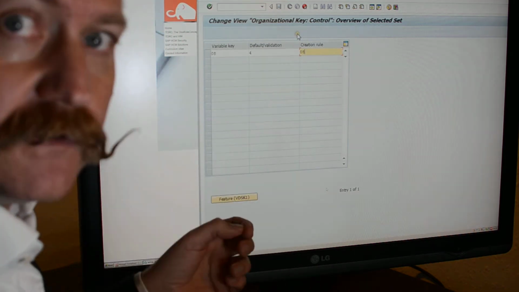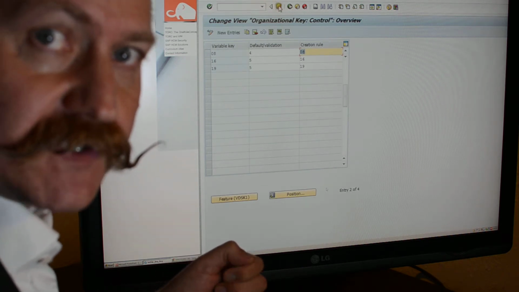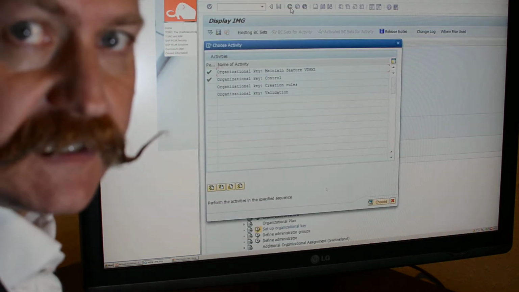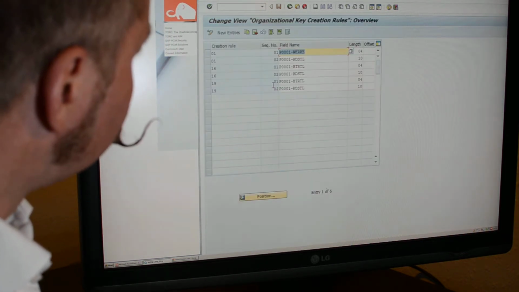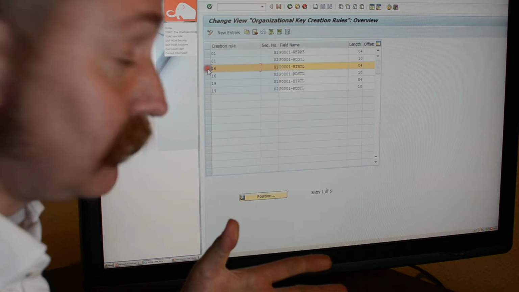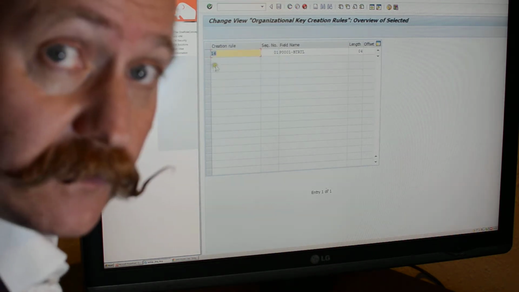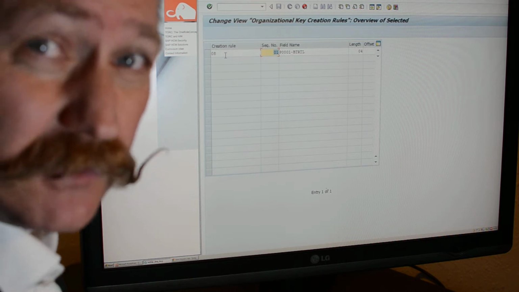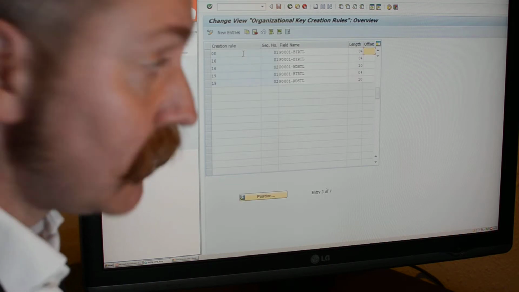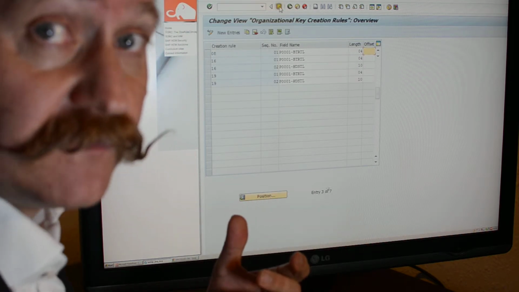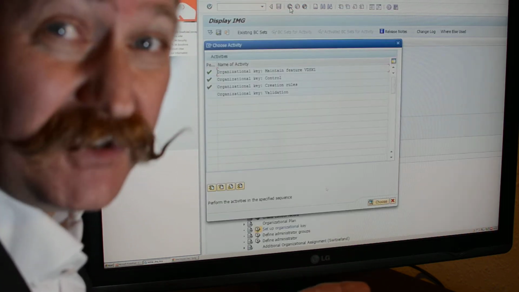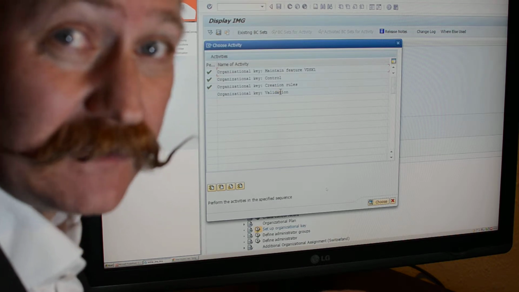And then again, I will choose a creation rule called 08, so the Molga is used as the control key all the way through. Here in the organizational key creation rule, I can set up a rule for defining my organizational key. In this case, I will only use the BTRTL field, which is the personal sub area, but I could actually combine this field up to 14 characters. No longer, because if it exceeds 14 characters,